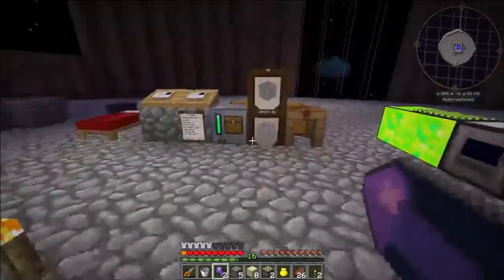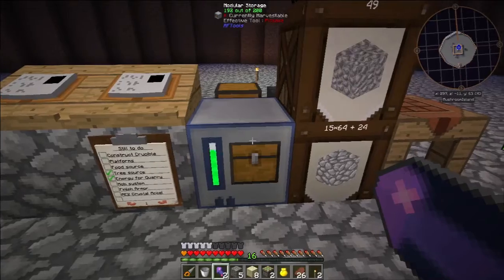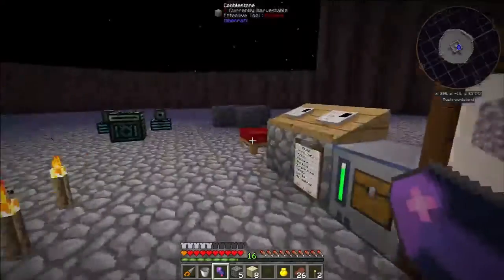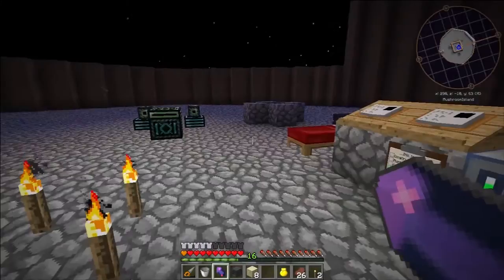Okay, now let's go make one of these inscribers. Nope, not that. Inscribe me. Inscriber. There you are. Yes! I've got one. Now what do I do with it? Okay, so